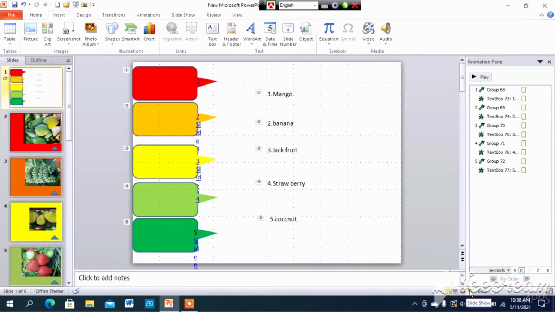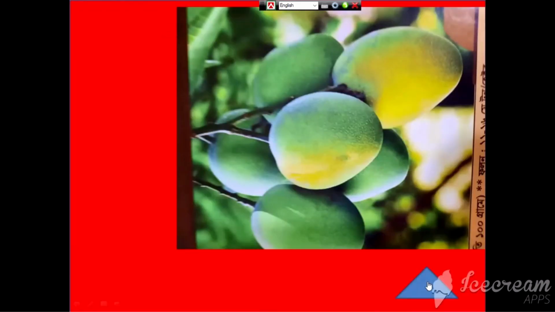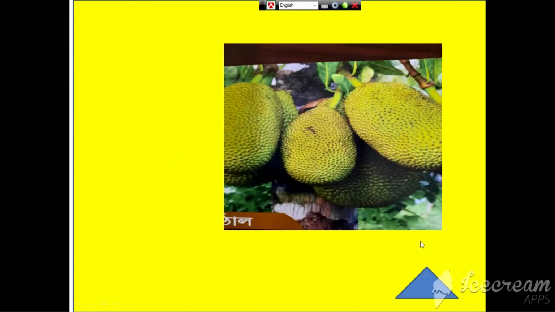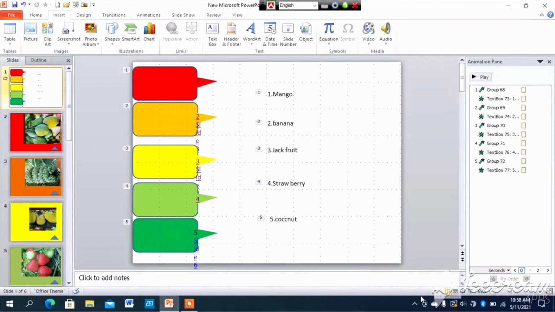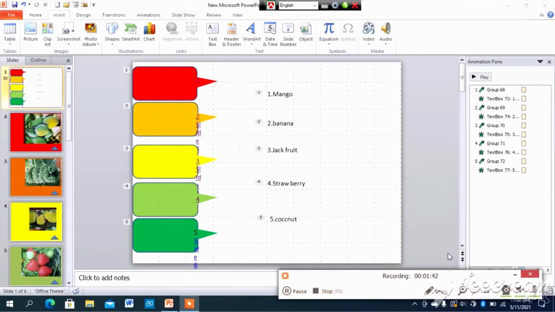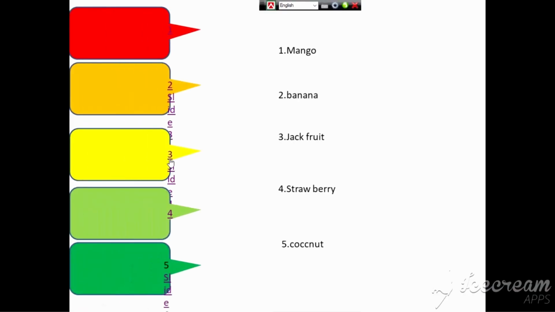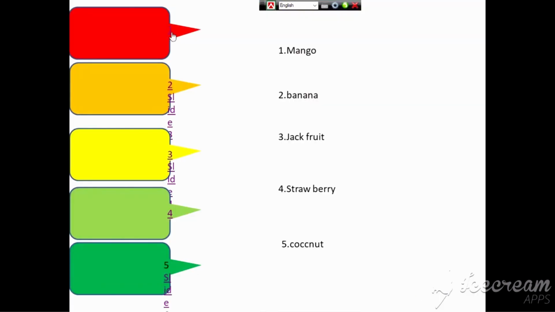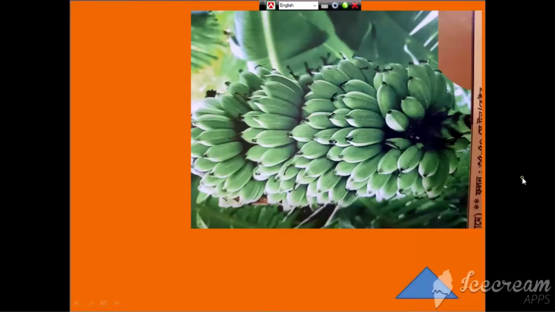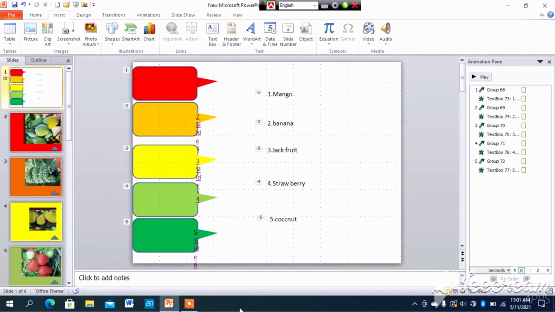This triangular shape should be hyperlinked to the number 1 slide, and this is the interactive slide deck. We can move from one slide to another slide and from every one of the 5 slides to the number 1 slide. So this is a mechanism of easily making an interactive